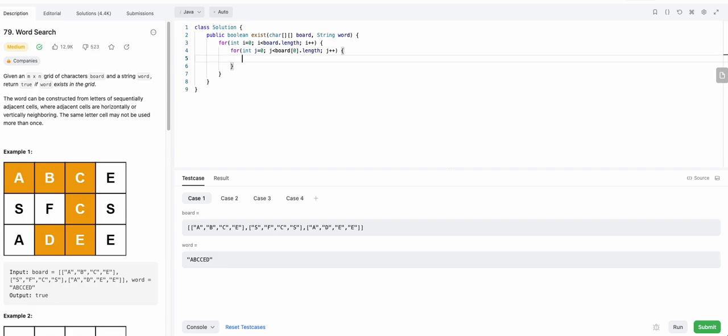So first thing we'll search for is the first character, if it exists or not. If it exists, we are going to start calling the recursive function. So if,